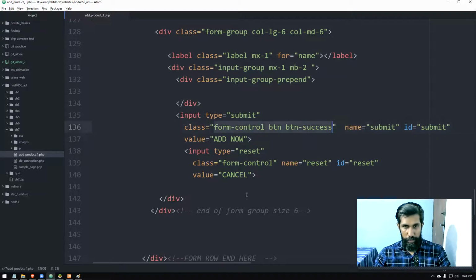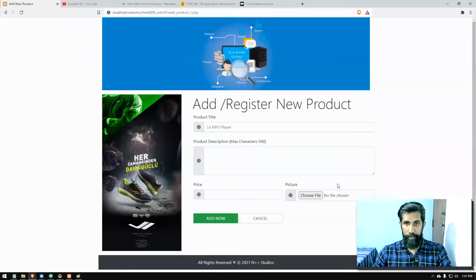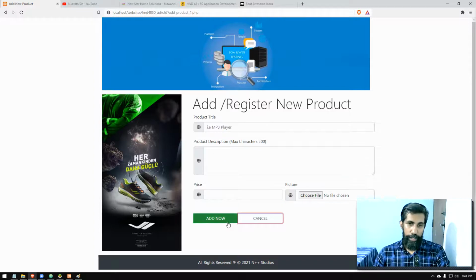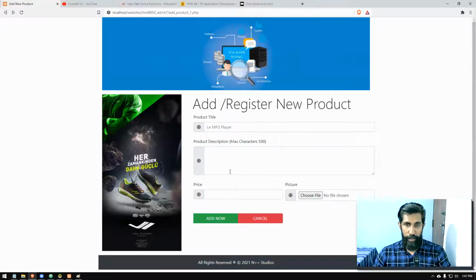Then same thing, we'll put it to the other one and we'll change again. Cancel, we will put danger. So we have the green and red color ones there. So each one will do their own type of things. See, it's working fine, right? So if you hit this one, it will go to the product2.php file. It's trying to locate that file. So it's working pretty fine. Okay, right. So that's how it works.